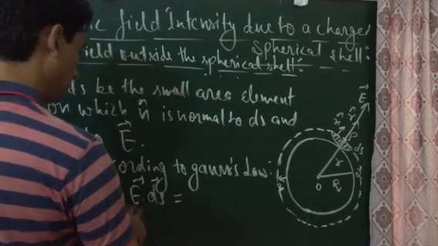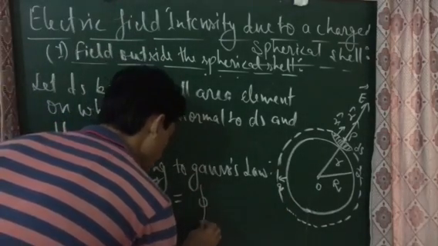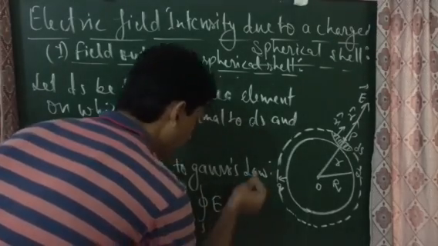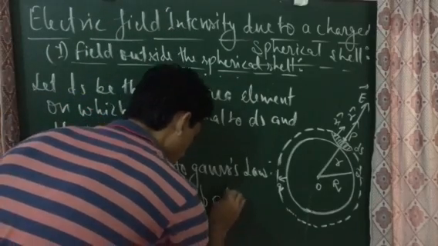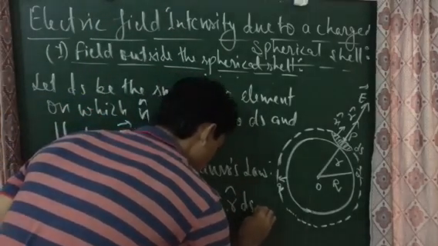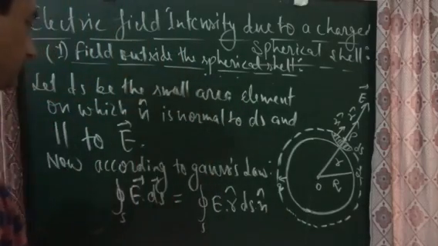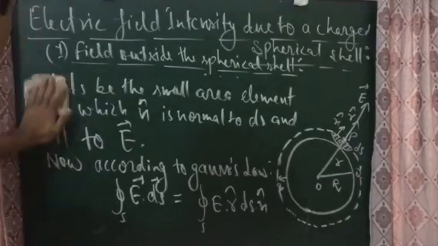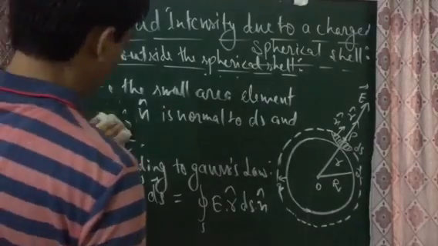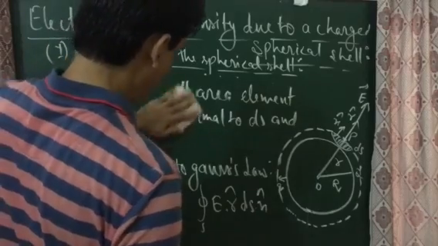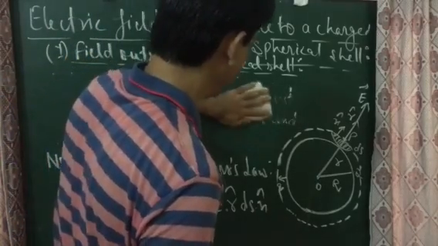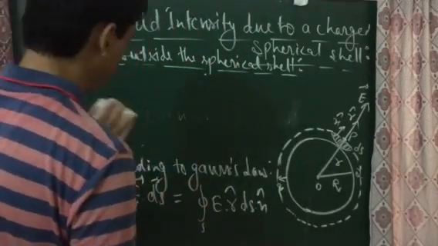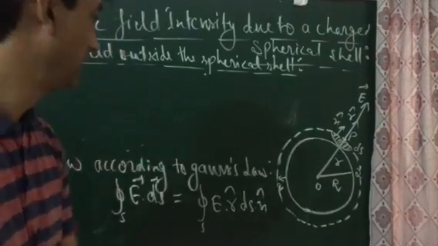So E ds इसको क्या लिख सकते हैं हम, closed surface integral of E in magnitude dot r cap into ds dot n cap. So it is equal to E